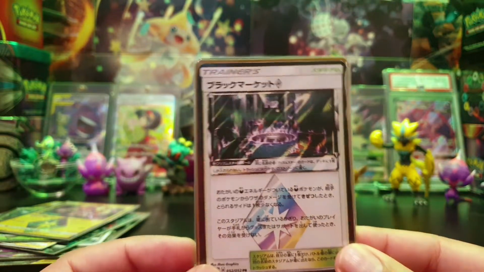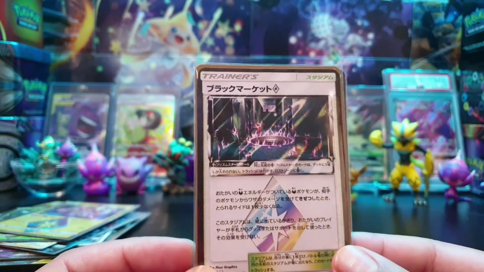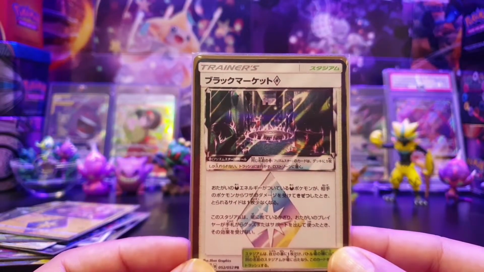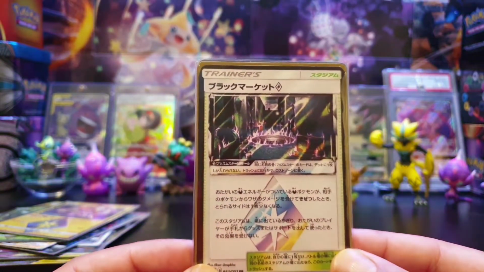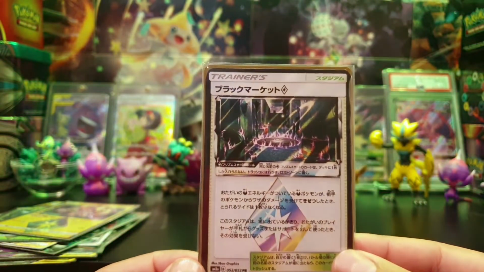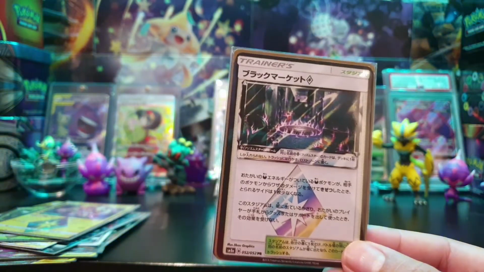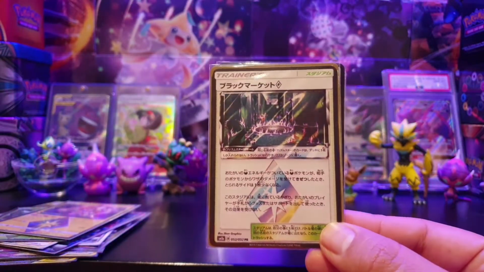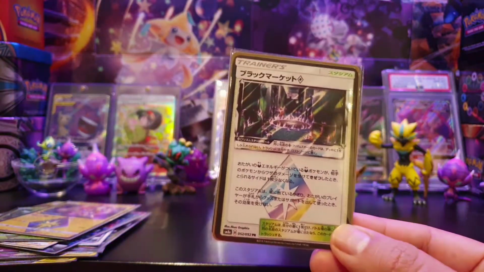Whenever any player plays an item or supporter from their hand, prevent all effects of that card done to this stadium card. This card stays in play when you play it, discard this card if another stadium card comes into play. If another card with the same name is in play, you can't play this card. Okay, so essentially this can only be removed by a stadium. It can't be field blowered,